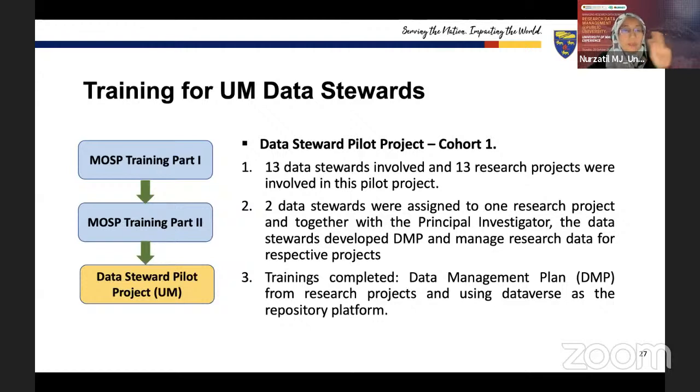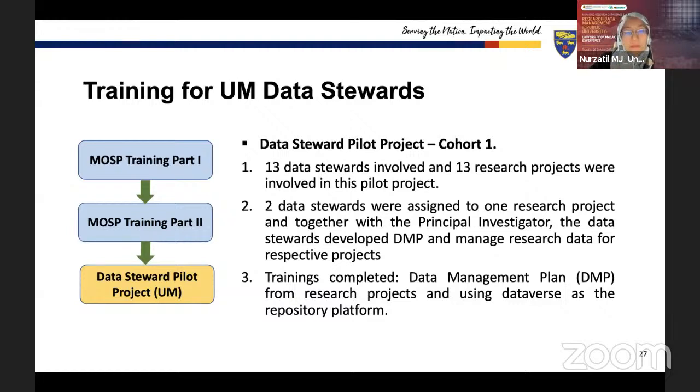The MSP training has a first part and a second part. The first part is several modules touching on open science. The second part is more on data stewardship, so I guess it is more detailed. And now we have put up a third one. Remember the MSP training is an online course, so quite theoretical. So after these data stewards have been trained with the modules,